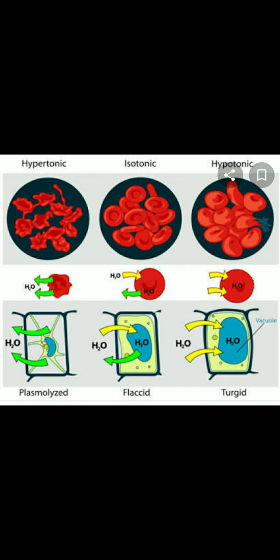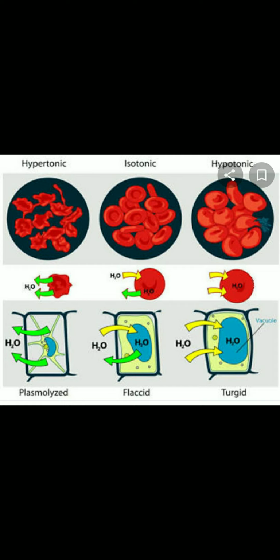there is no change. What happened? There is no difference in the concentration gradient because it is the same. That's why there is no change in the structure of the cell, because water is not releasing out and water is not releasing in. Or if water is entering, then the same amount of water also goes out from the cell. That's why it always maintains equilibrium and there is no change in the cell shape.